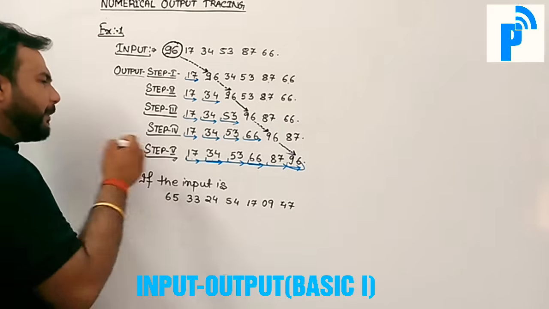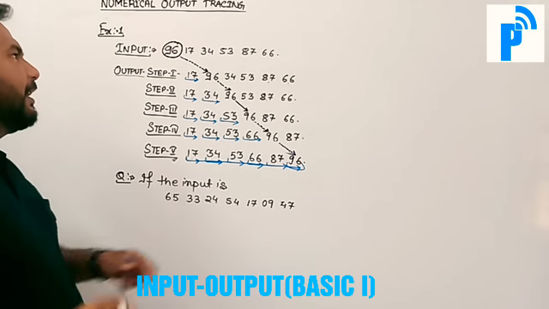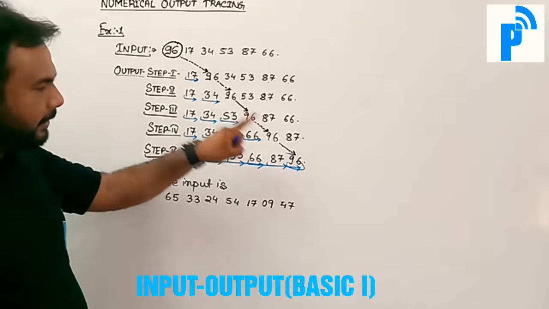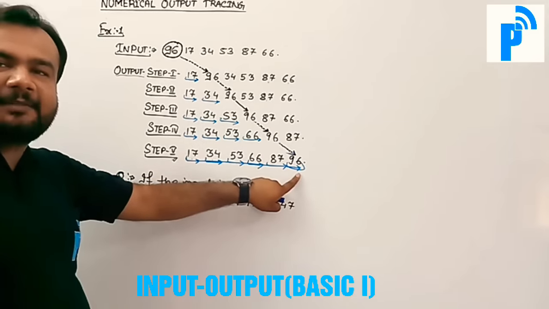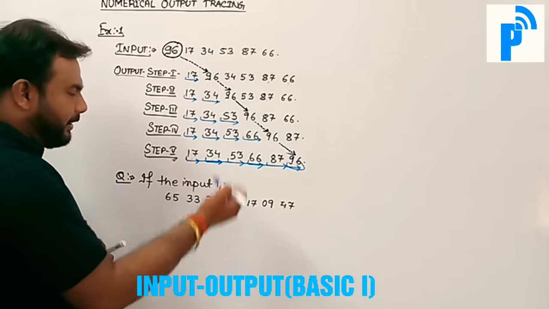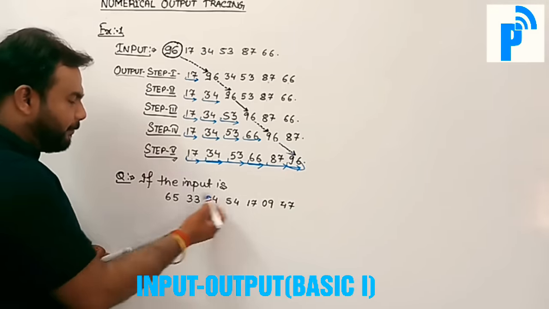Now, in this particular kind of question, what we can see is that 96 was the greatest number in the beginning of the series, and it comes at the end. ये सबसे last में चला जाता है. Yes or no? Now, अब इस particular question से related एक question पूछा गया है